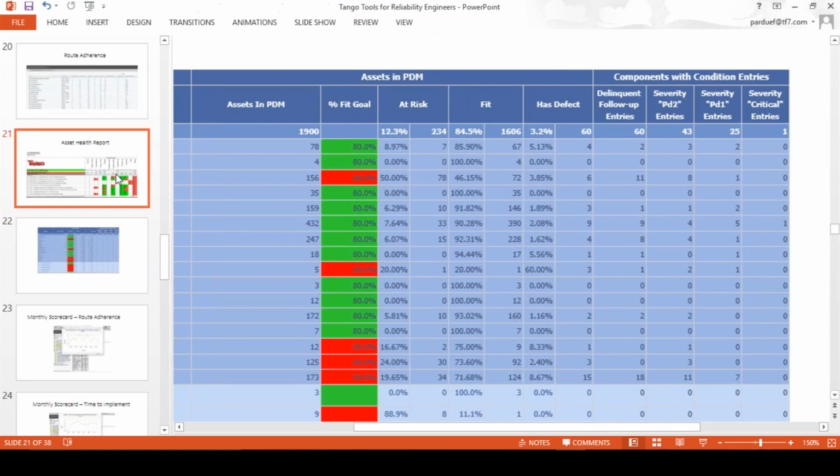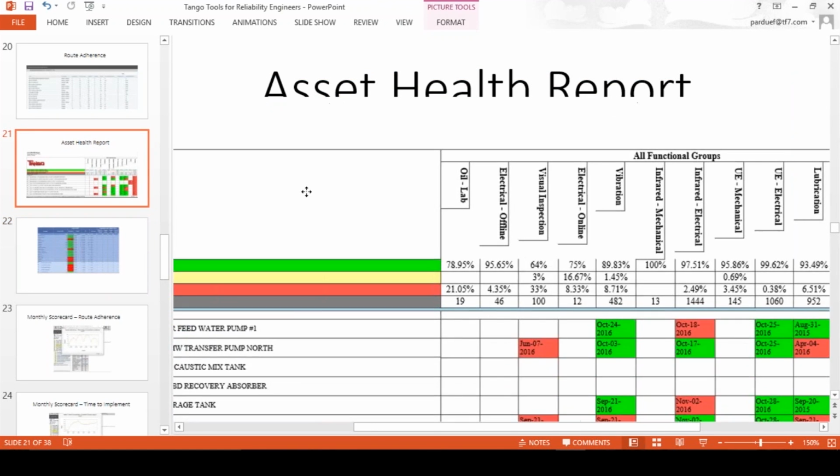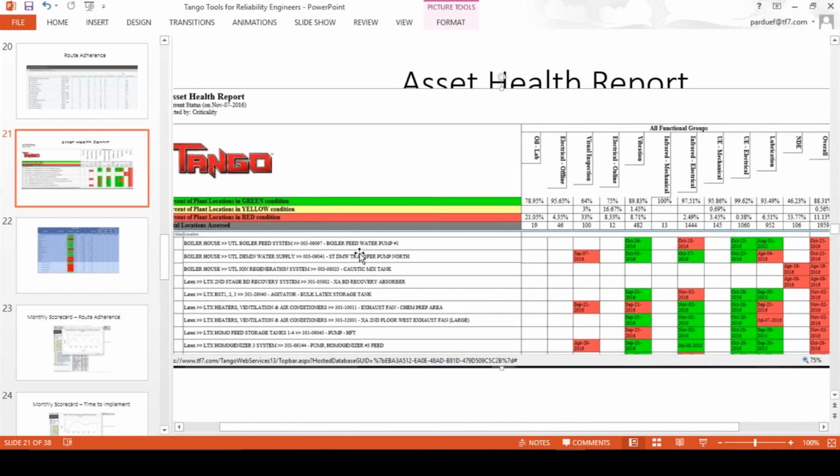The Asset Health Report's a little different in the fact it takes each of our technologies. It tells us what percentage of normal and condition entry or problems are in each technology. So for example, for this database, vibration is monitoring 482 assets. This is an asset report again. I could have gone down to the components and it would probably be double or triple that. Of which in this database, 8.7% have condition problems, and 89%